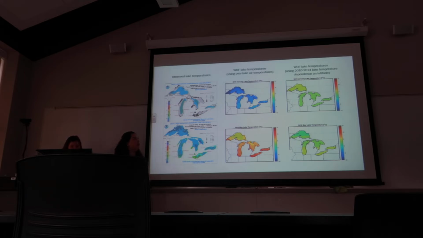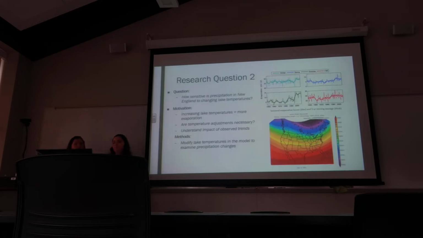And then with the climatology, that sort of fixes that and sets them back closer to 0, because we also set a lower bound of 0 on the lake climatology as well. So the second research question that we had for our project is, how sensitive is precipitation in New England to